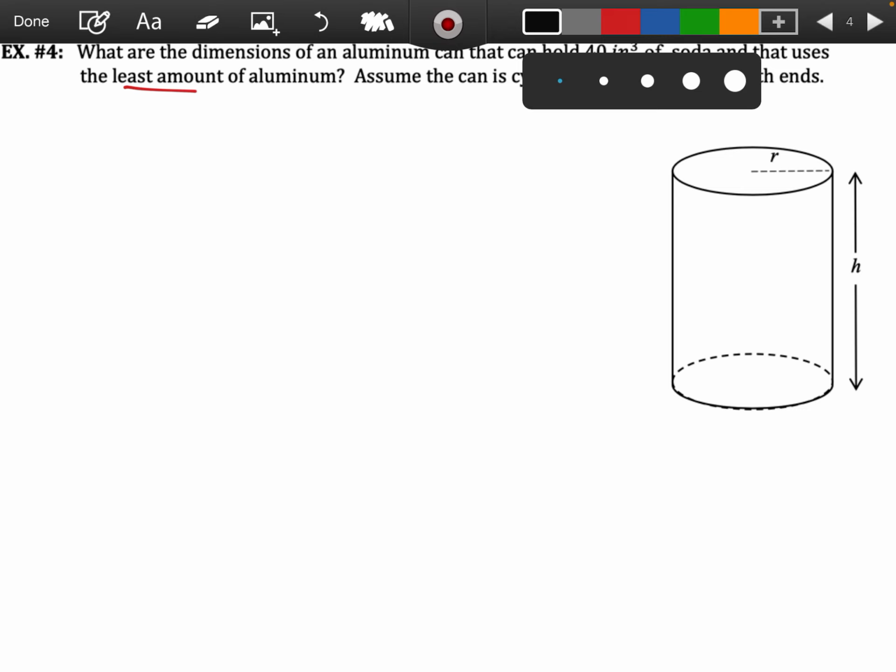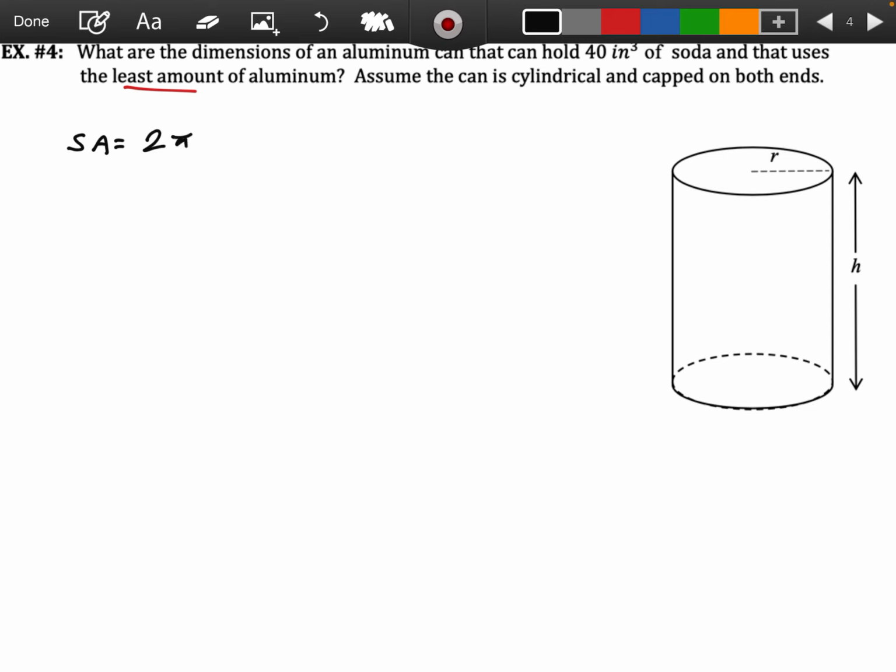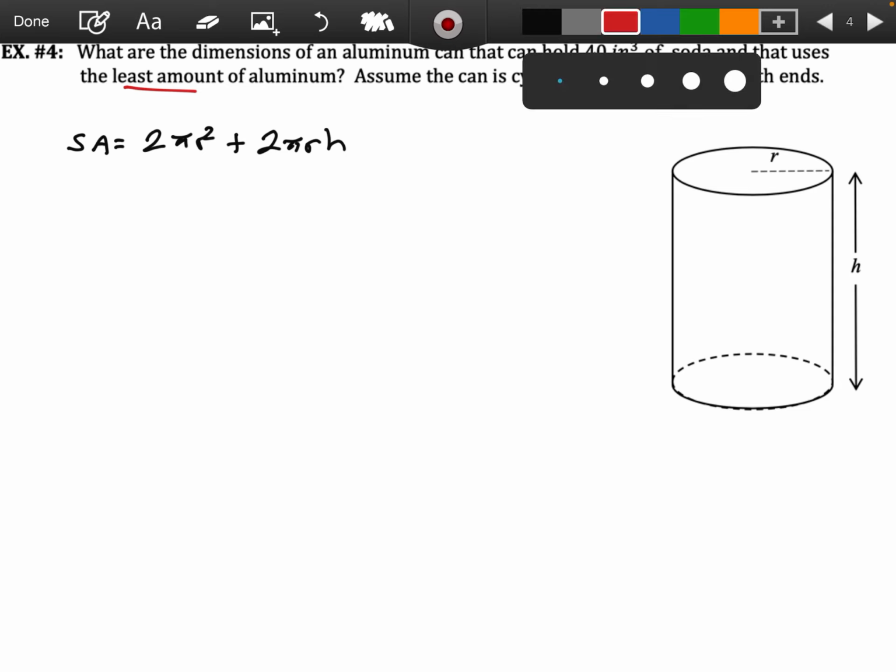First thing you want to consider is, well, what is the formula for the surface area, right? How do we get the surface area of this aluminum can? And that formula is going to be 2 pi r squared plus 2 pi r h. Okay? And just to give you guys a little